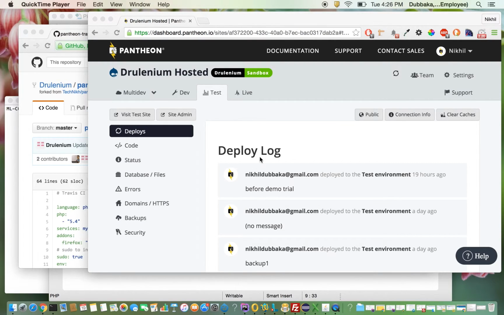Here we will see how we can perform continuous visual regression testing in a Pantheon hosted environment. So here is the Pantheon dashboard. I have a couple of environments, dev, test. So if we look at the test website,